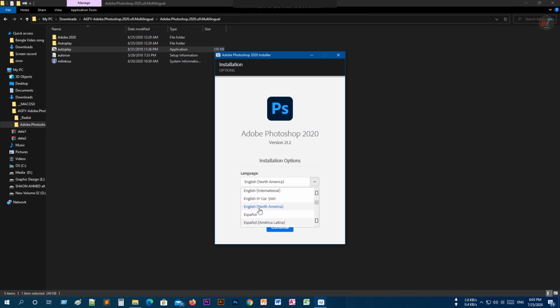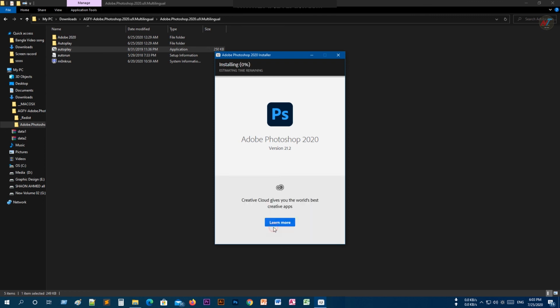Select the language. Now tap on Continue. No need to turn off the internet connection. I already